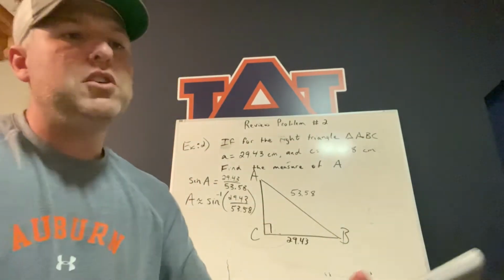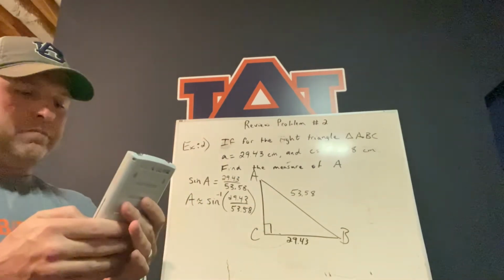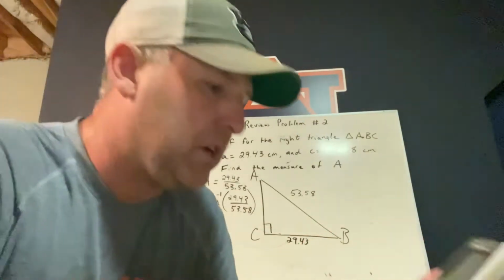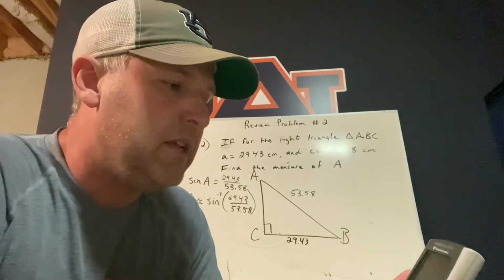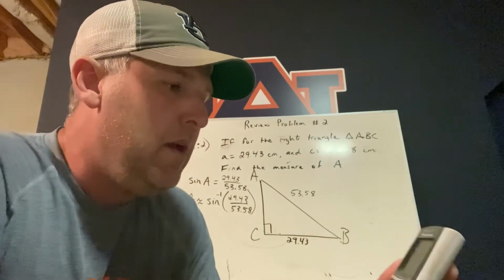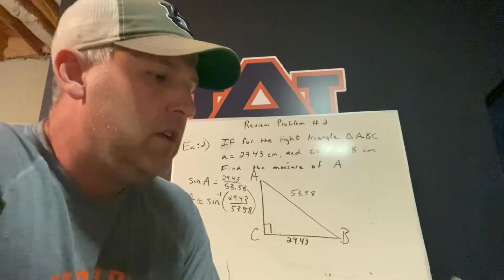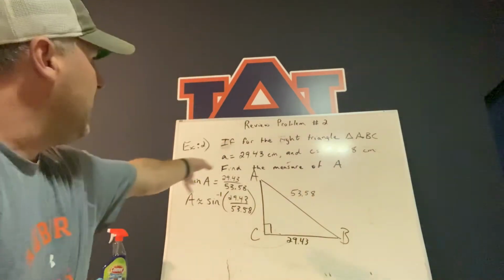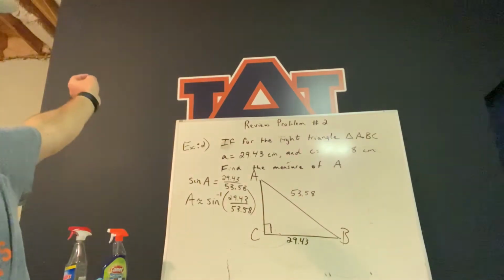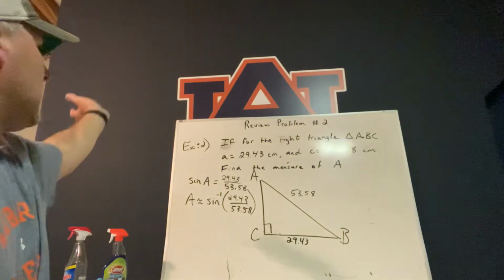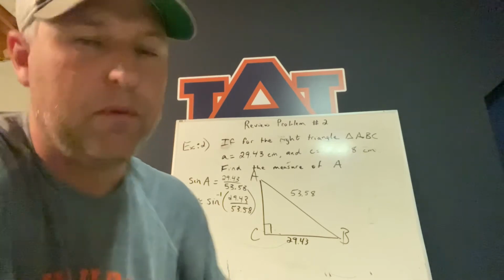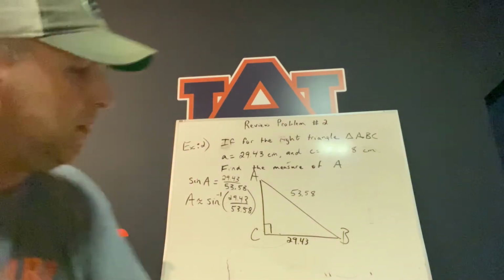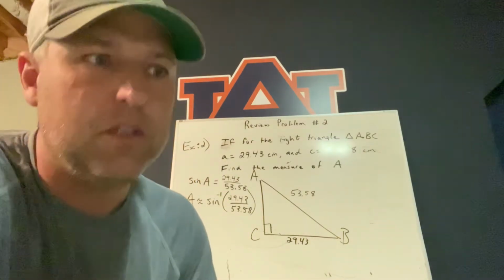So, let me try to show you this. Make sure that your calculator, if you're in mode, make sure you go to degrees. See, mine's in radians, okay? Make sure it's in degrees. I knew that because you'll see the multiple choice answers right here. We're dealing with degrees, okay? We're dealing with side lengths right here, so we're dealing with a right triangle. So just make sure that your